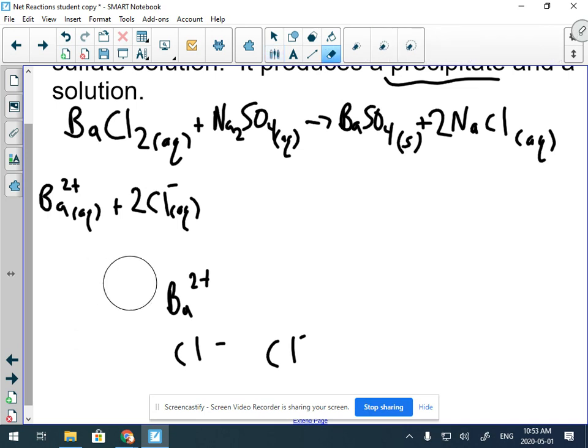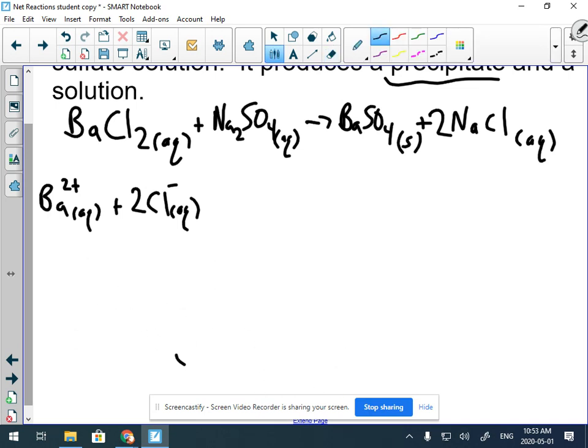Now, there are going to be some people who get confused, and they're going to write chloride as Cl2 gas. Now, that doesn't happen. When you break apart an ionic compound, you break it apart into ions. You don't break apart an ionic compound and turn the ions into a deadly gas. Doesn't happen. All right, add that to sodium ions